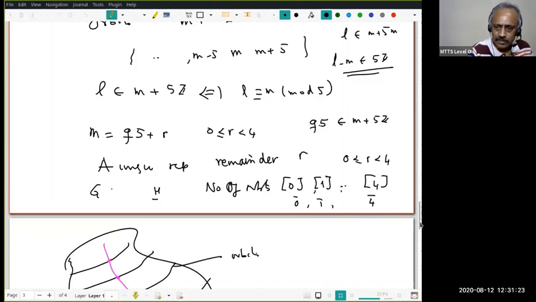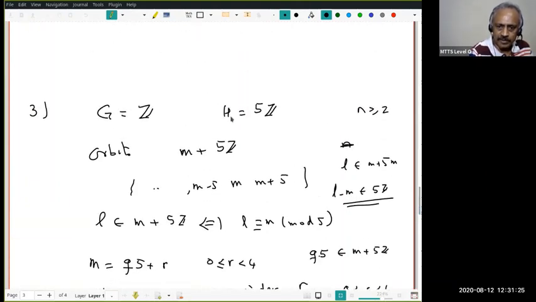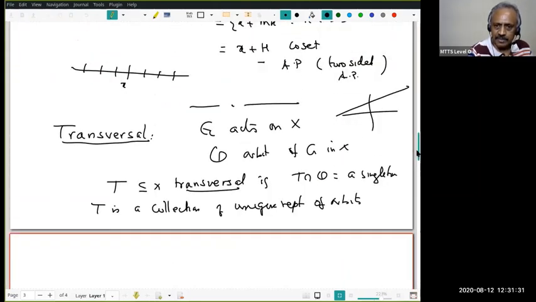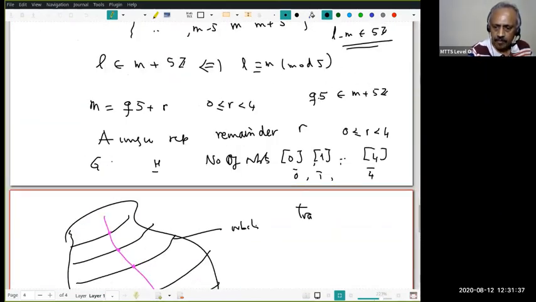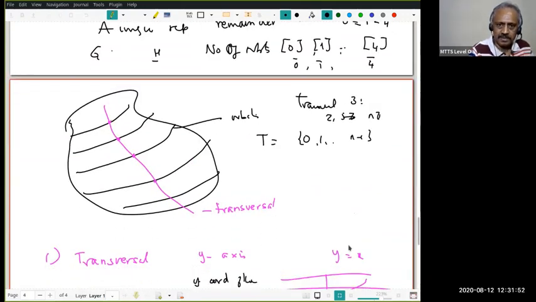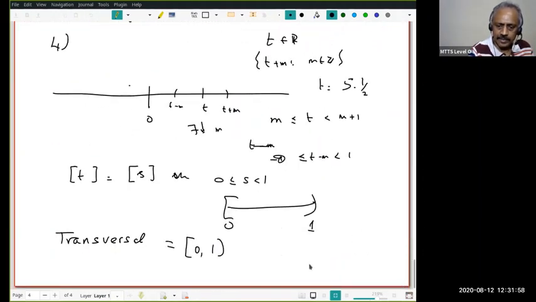Okay. So just because I have more information about the subgroups, I have a very good transversal. What is the transversal for this? The transversal for Z with nZ is 0, 1, up to n minus 1. This is the good transversal. Have you understood? Okay. I think I have spoken a lot of time. I forgot to give the usual pause review. Proceed.